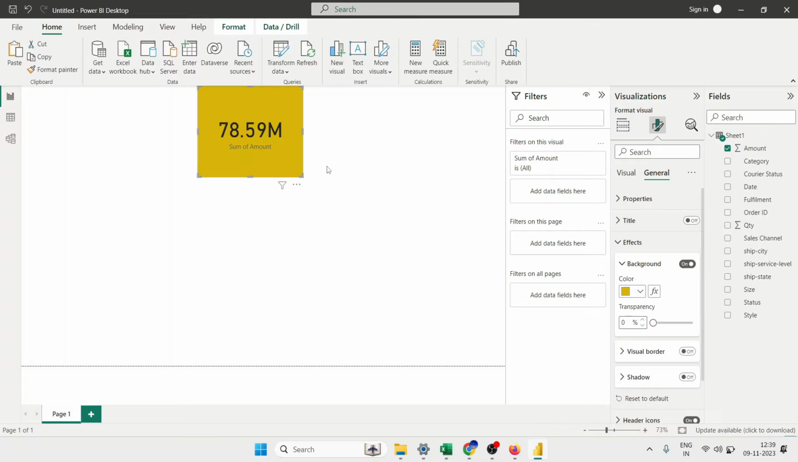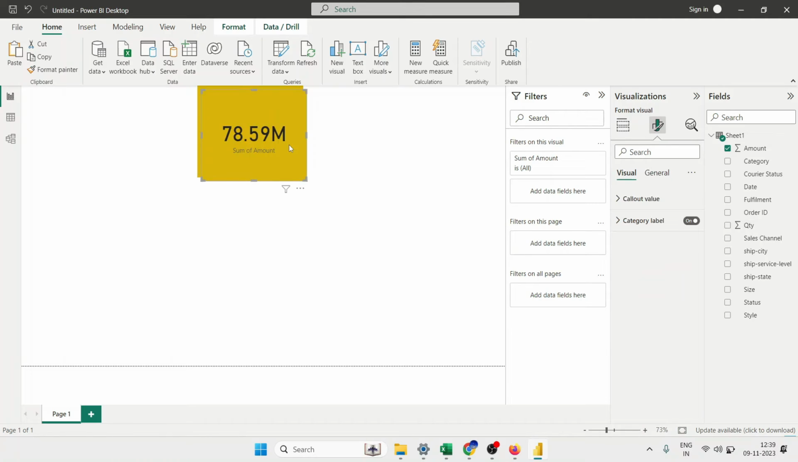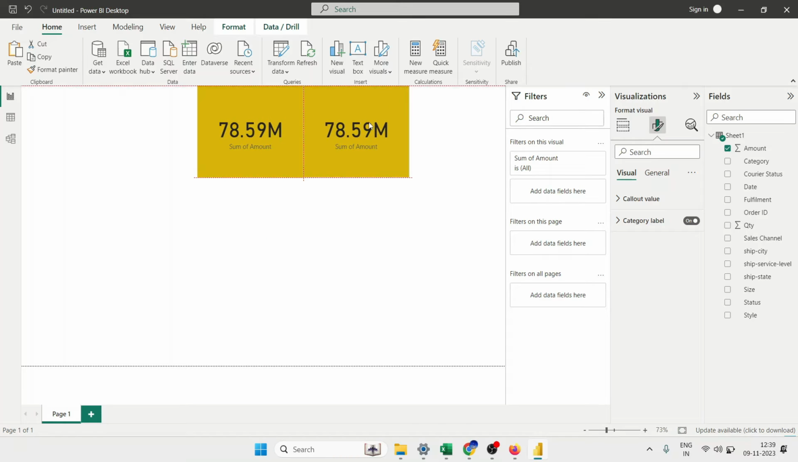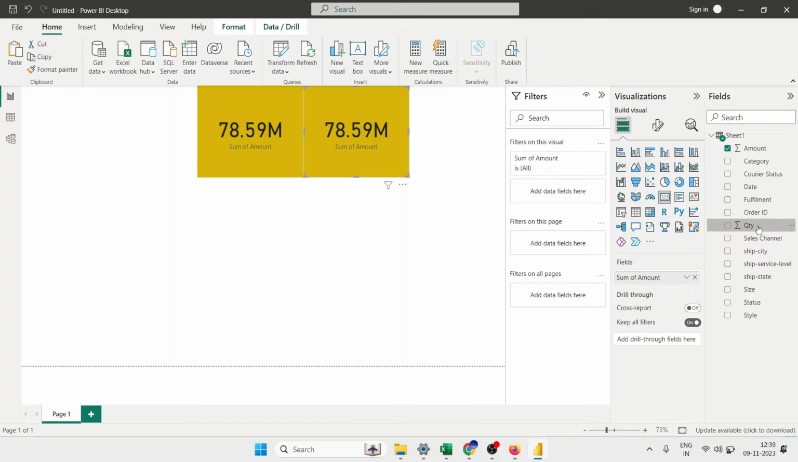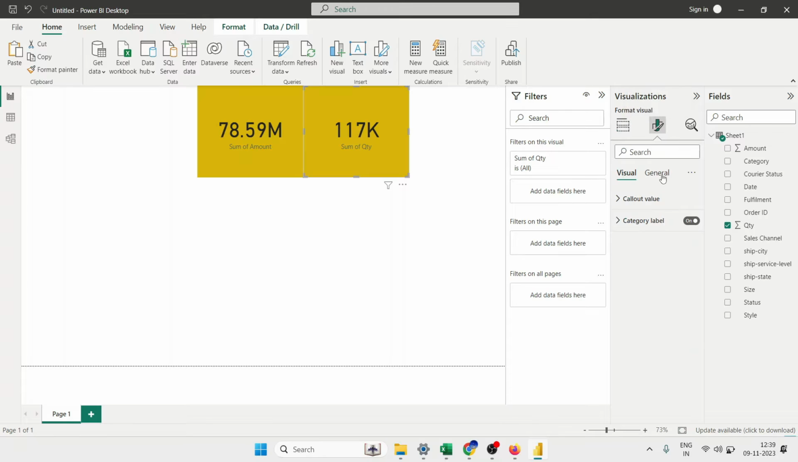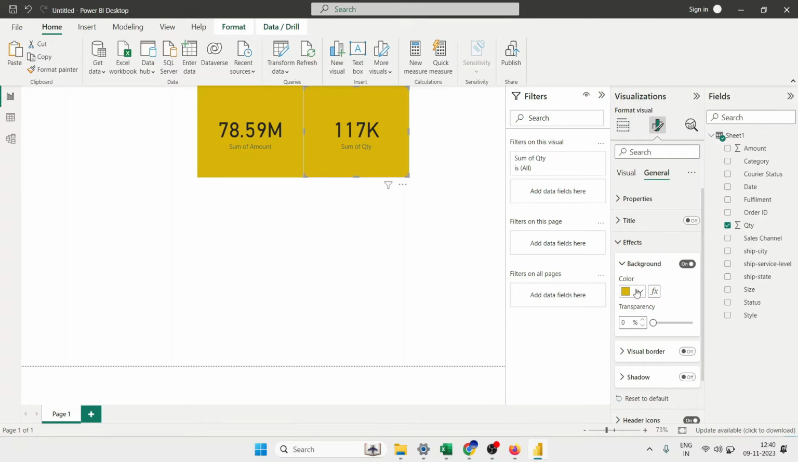So let's go to the second visual, that is total quantity sold. So let's just click on this visual and simply press Ctrl C and Ctrl V. You can see we have copied the existing visual. So what you need to do is just change the column name in the field section. So let's change it. Drop the quantity here, and you can see the total quantity sold. Okay, you can change the background color, go to the general effects and change the color from here,